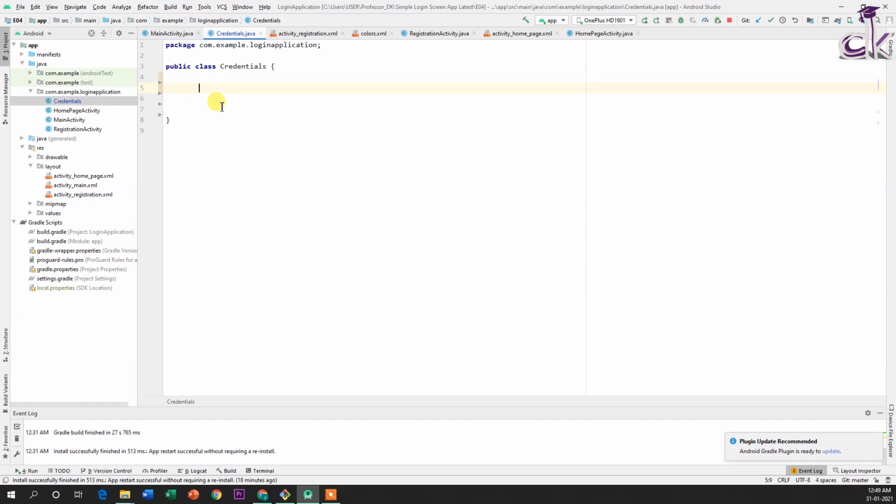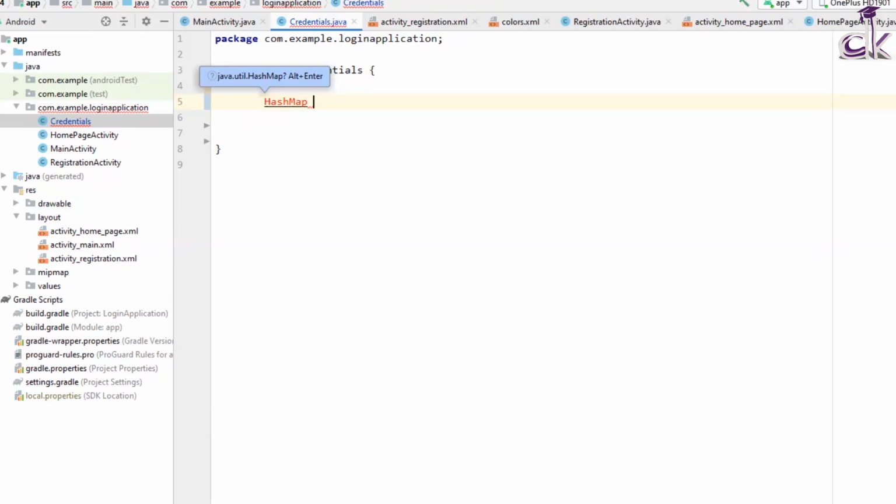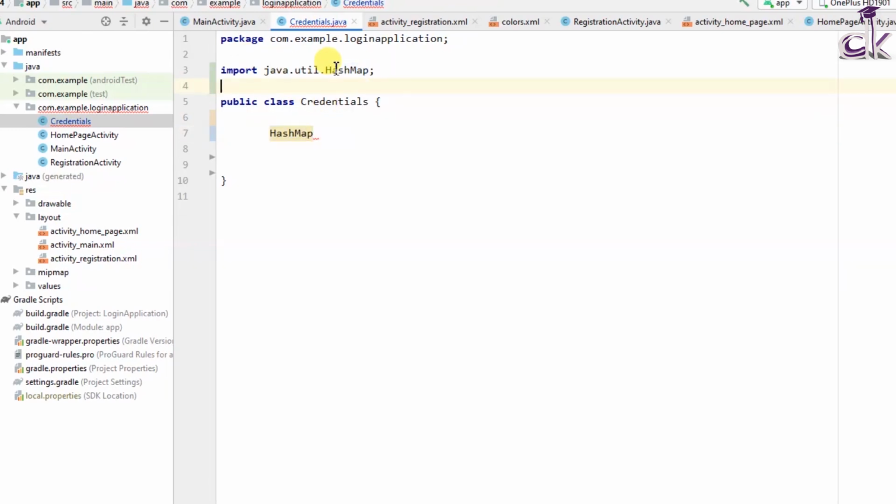And now I want you all to create a hash map. Okay. So the way you do it is you just say hash map and just press Alt Enter when you see this underline. You can just place the cursor right next to it or put a space bar, right? So that's when you will see this. Click on Alt Enter, and it's gonna get imported at the top. Okay, so click on Alt Enter and you should see it coming here at the top. And let's call our hash map variable credentials mapper is equal to new